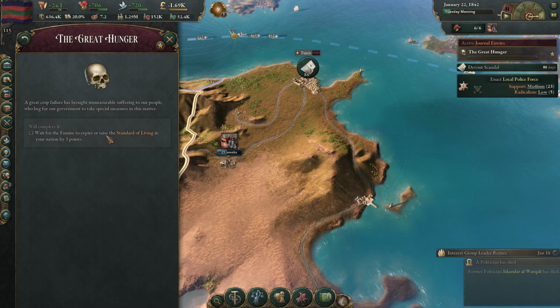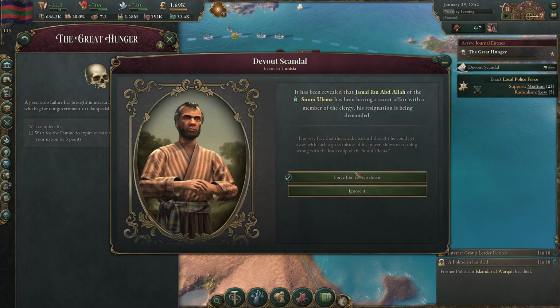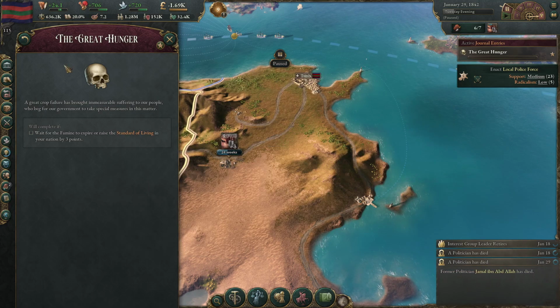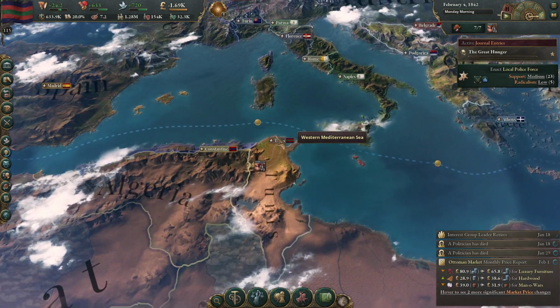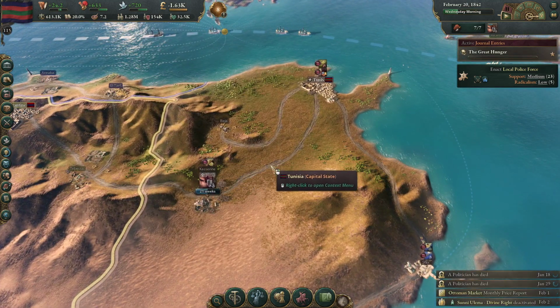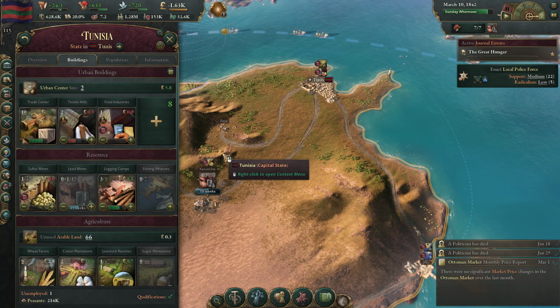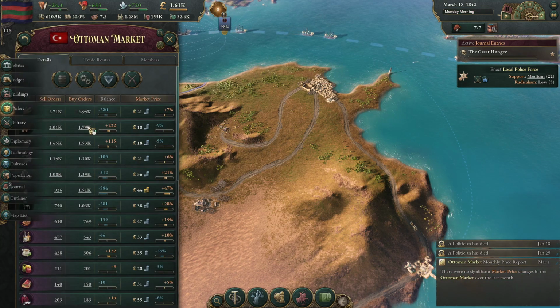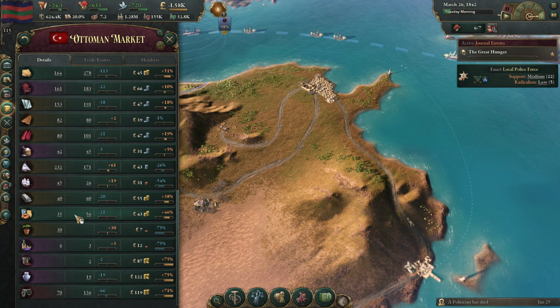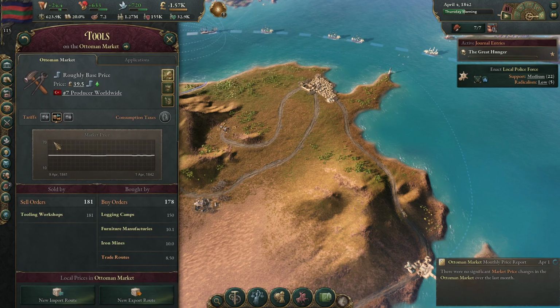Wait for the famine to expire or raise the standard of living in your nation by 3 points. Yeah, you should resign in shame, Min. Famine happened during your rule. Come on. Oh, we need tools as well to work these mines. So I suppose we may as well just import the tools. I don't think we're going to create a tool manufacturing simply...